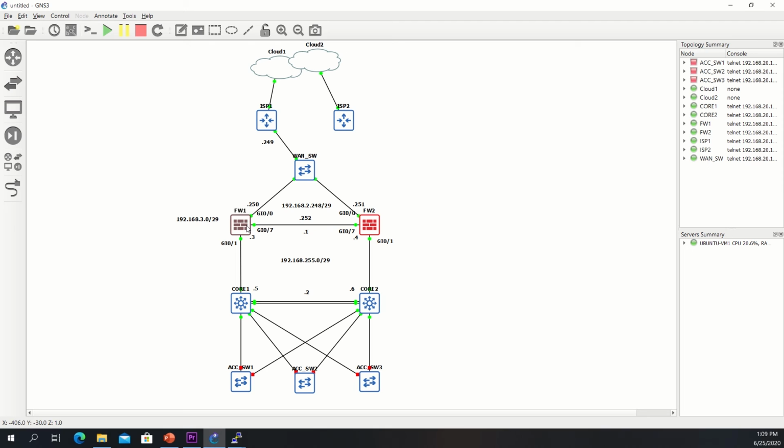So if this was HSRP on both the WAN and the LAN sides, the active virtual gateway would have the virtual MAC as its source MAC address in the hello message, which would keep the MAC address table of the switch updated, which would also keep the MAC address table of these switches updated as well. Since interchassis redundancy doesn't work like that, and everything is synced through this data and control link right here, the aging timer will